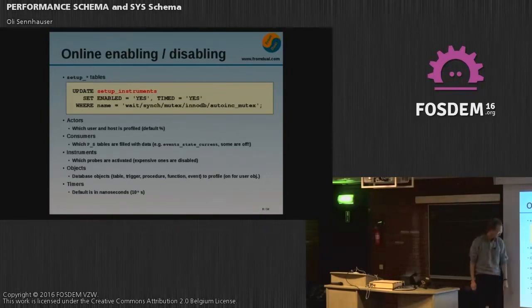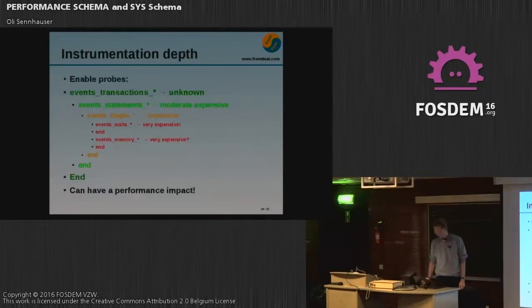Objects, you can also have a setup on which objects you want to sample the probes. Objects are a table, a trigger, procedure, function, or an event. And by default, for all user objects, they are enabled. And then we can also configure the timers internally. So about the instrumentation depth,